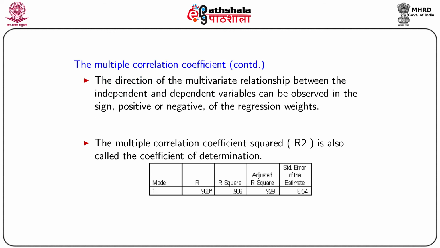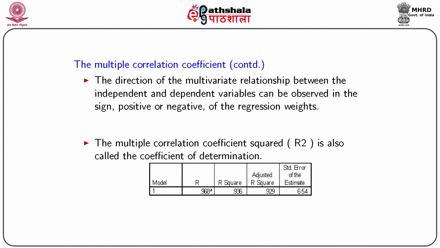It will take on a value between 0 and 1. The direction of the multivariate relationship between the independent and the dependent variables can be observed in the sign, positive or negative, of the regression weights. What this means is, if x1, the first explanatory variable, positively influences the dependent variable y, then there will be a positive sign attached to the corresponding regression coefficient beta 1, and if the second variable x2 influences y in a negative manner, then we will see a negative sign attached to our regression coefficient beta 2,